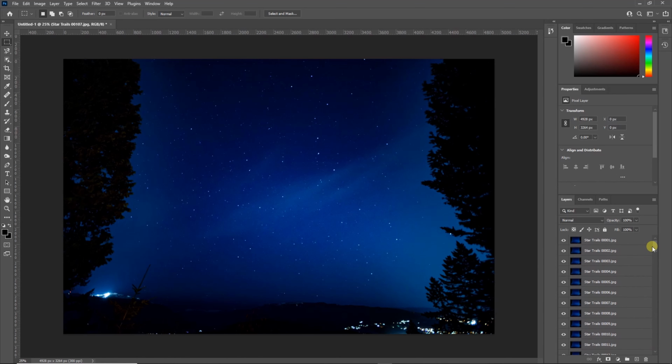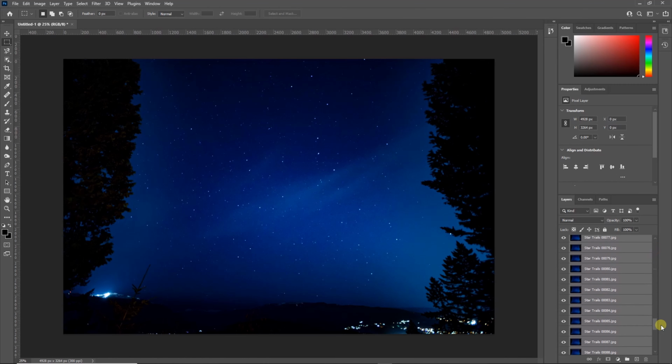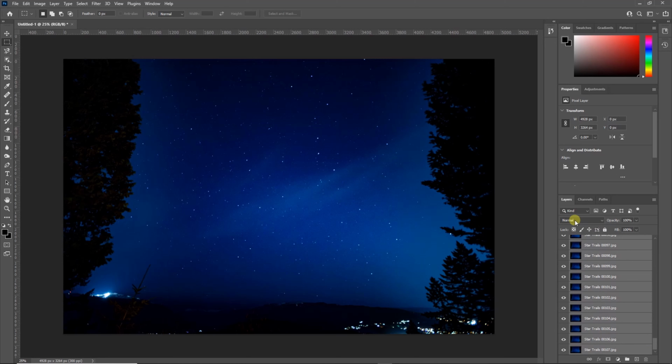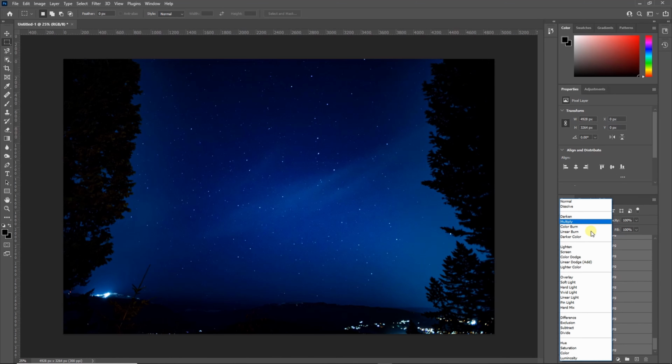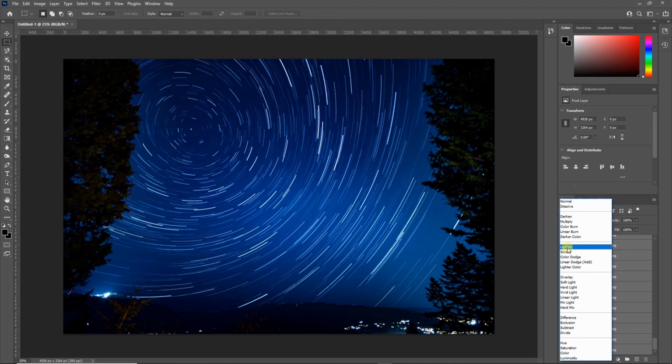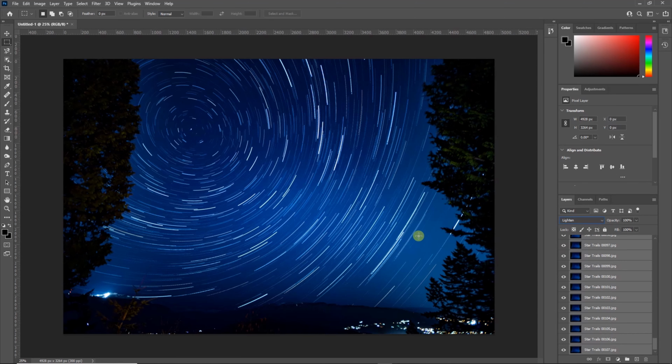So once you've got that, you want to select all of your layers in Photoshop, Command A, Control A, and you want to go up to the blend mode in the layers and just go down to lighten, and that's where the magic happens. Look at that. There's 107 images, 30-second exposures each, and you get this really cool swirling star light trail thing circling around the